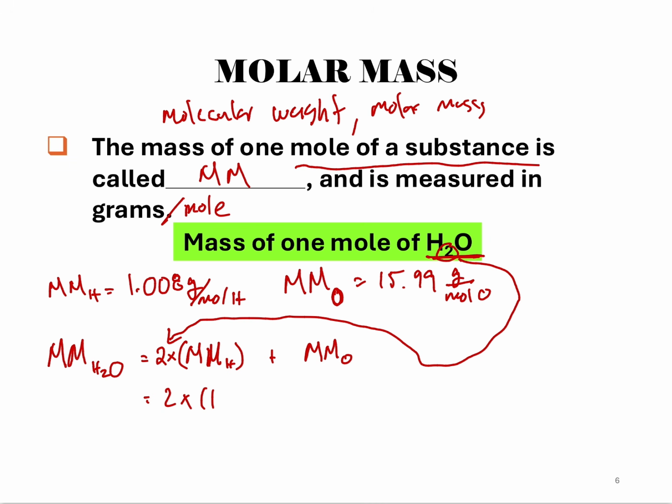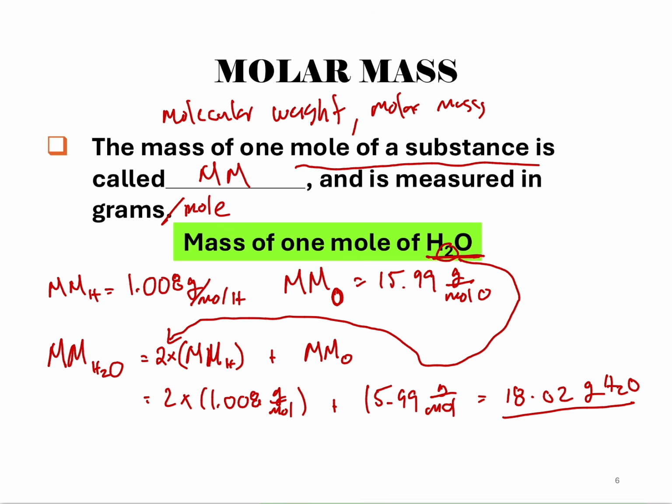We get 2 times 1.008 grams per mole plus 15.99 grams per mole. And you plug that in, you calculate it, and you get that this is going to be about 18.02 grams of H2O per 1 mole of H2O, right? So the molar mass of any molecule is given as the sum of the molar mass of all the atoms within that molecule, right? And again, the molar mass is a conversion